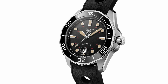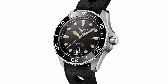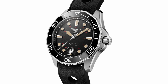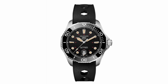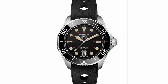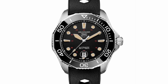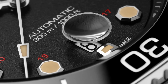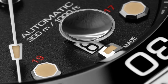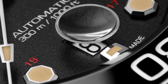And what they've done to bring back that watch is a comprehensively new product, it has to be said, and a technologically impressive one too, but I think a more appealing one than the other watches in the range as well. This isn't cheap, it's £3,600, but for that, in addition to the ETA 2824, you get a grade 5 titanium case in polished and brushed finish, with a matte black dial with a very heavily grained surface, aged Super-LumiNova, the red 24-hour graduations which one would have seen in the 1970s on the original watch,